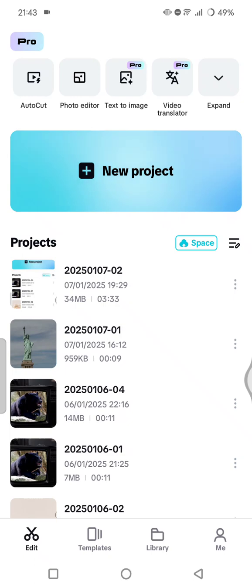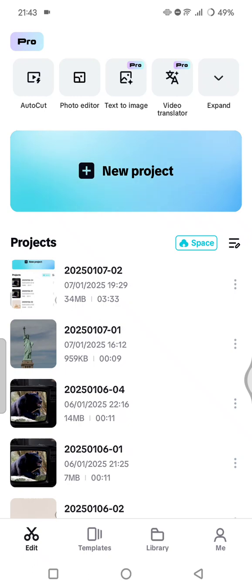On today's tutorial, I'm going to show you how you can remove the watermark on CapCut. So if you're tired of seeing the CapCut watermark on your videos, in this instant and easy guide, I'll show you how you can remove the CapCut watermark step by step. I'm going to show you how to remove the watermark on projects that you create from scratch or